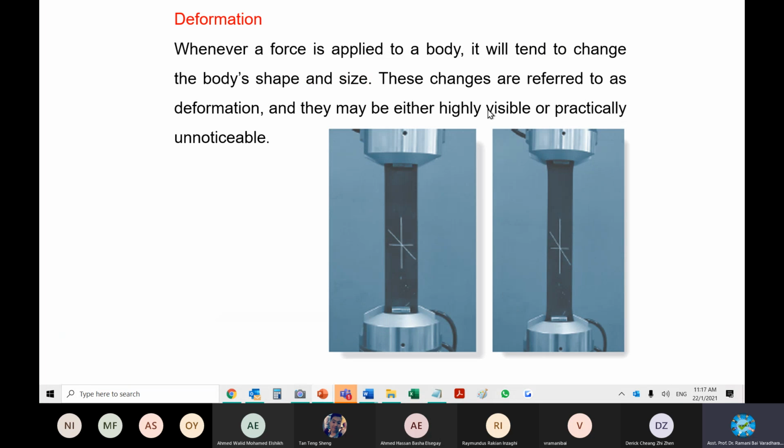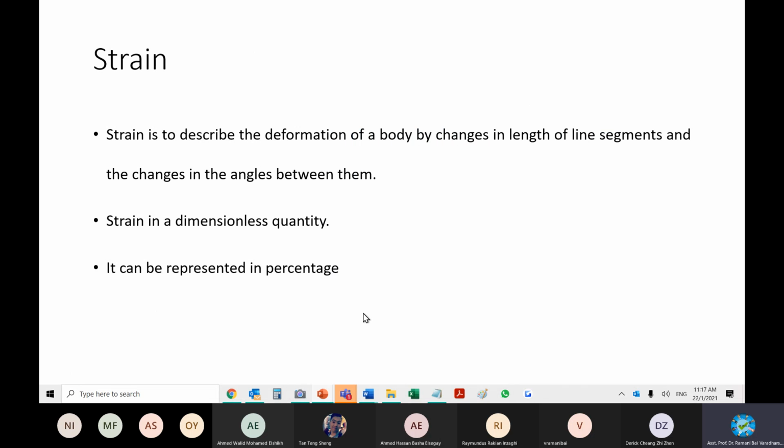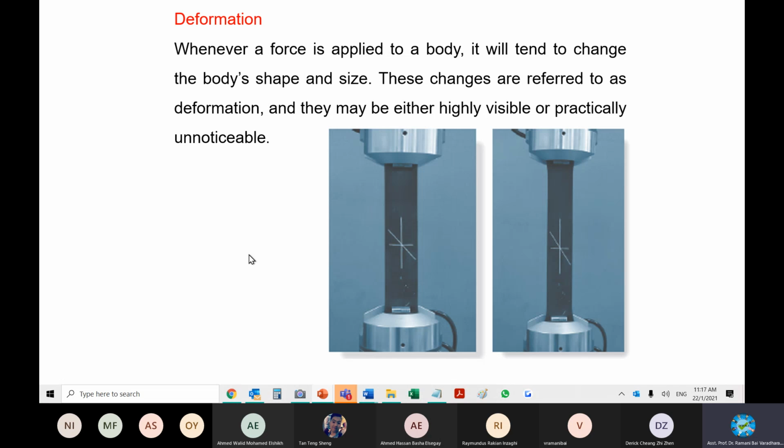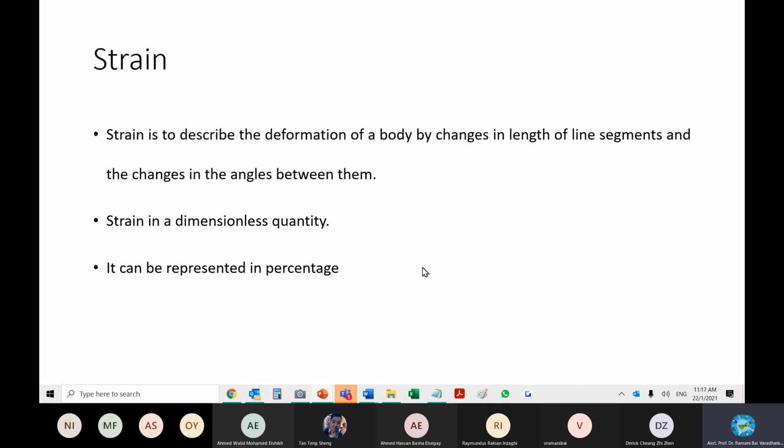Either highly visible, that's why the term is written as highly visible or not visible. It is not always visible to us. That is why we have to, I don't know, where's my pointer? I cannot see the pointer. What happened to PowerPoint? Okay, I use this one. I will explain in a diagrammatic way, easy for you to understand later on. Let me give you some theory to begin with.